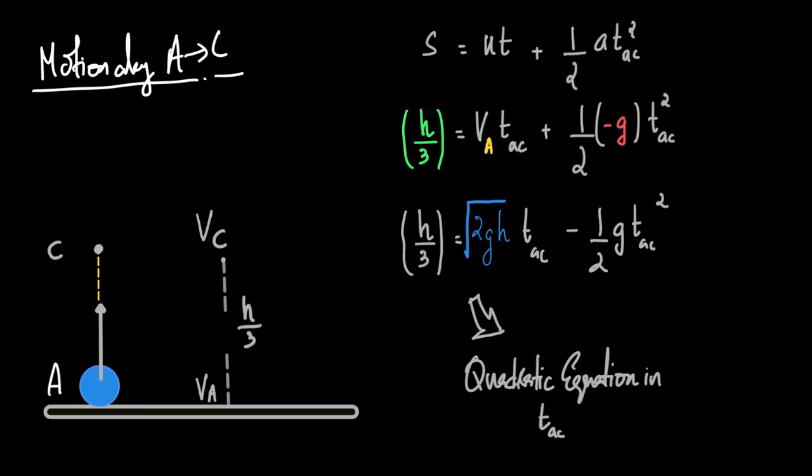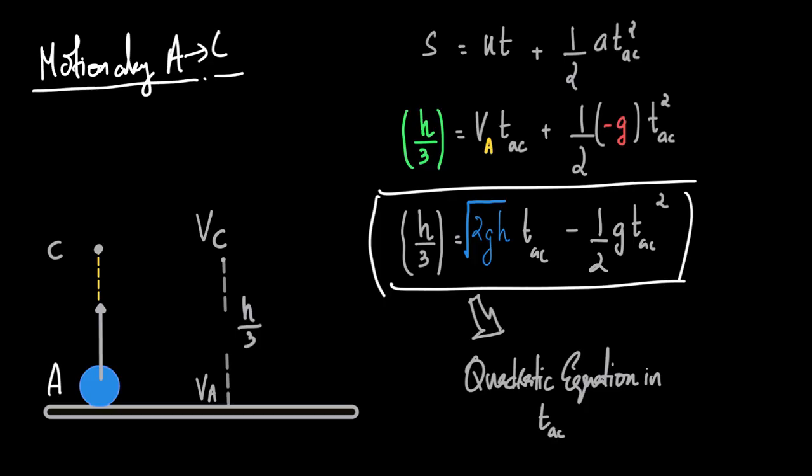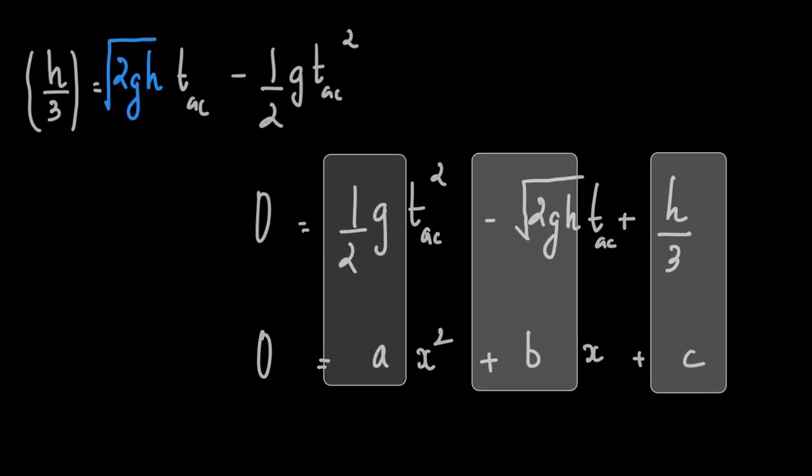What is special about this equation? Exactly, this is an equation which is quadratic in nature. And quadratic in which variable? A? No. VA? No. g? No. It is quadratic in TAC. It is a quadratic equation in TAC. What does that further imply? It implies that this equation, h by 3 is equal to root of 2gh TAC minus half g TAC square,